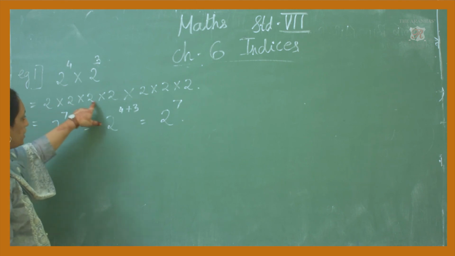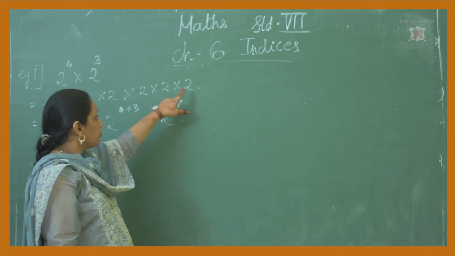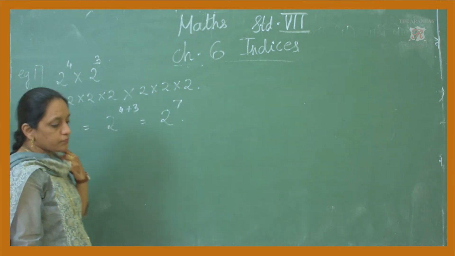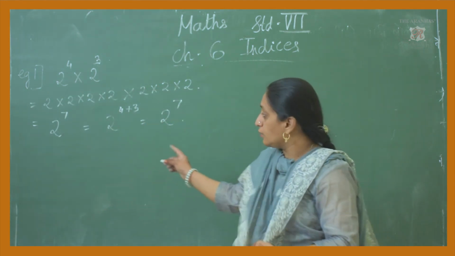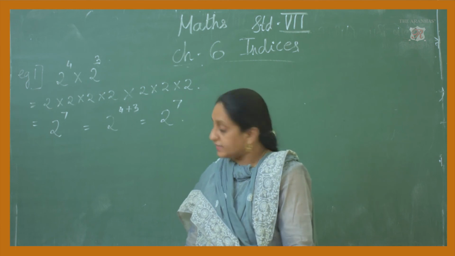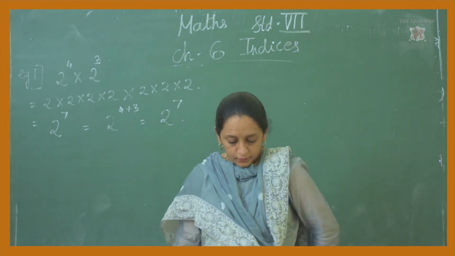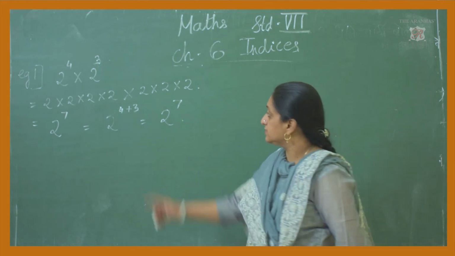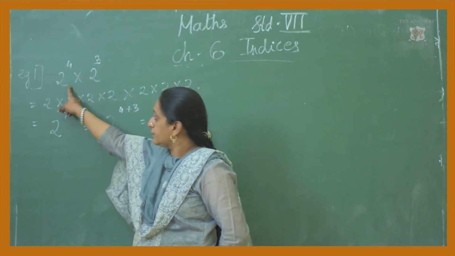2 to the 4, 4 to the 8, 8 to the 16, 16 to the 32, 32 to the 64, and 64 to whatever it is, you have to write the answer. That will be the value of the number. So this is the way how you can multiply the indices with the same base. In the textbook they have given 3 examples. This is positive. The number can be negative also.